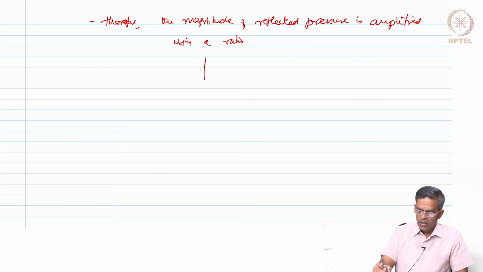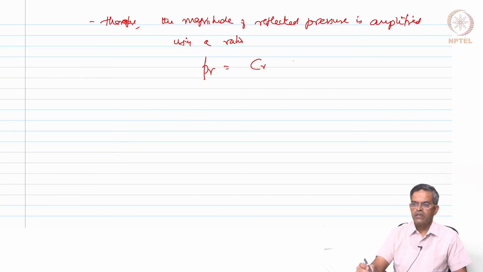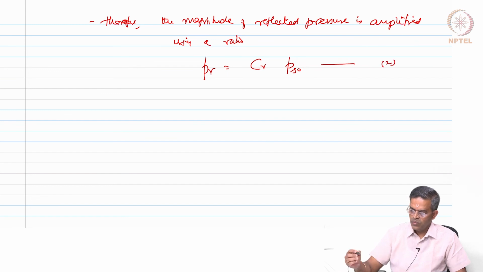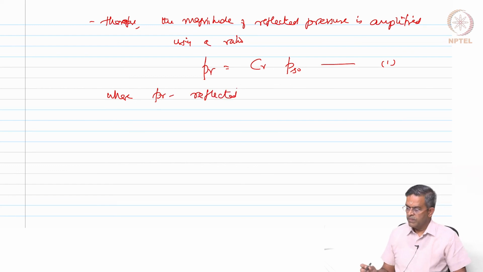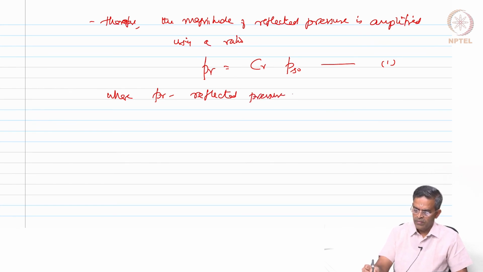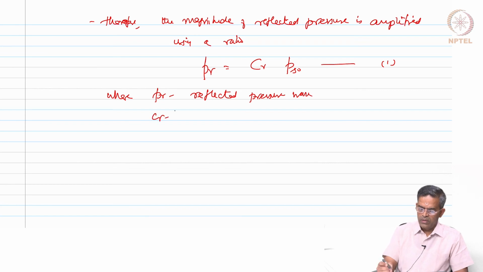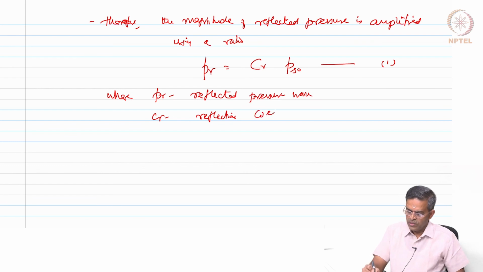So, we should say the reflected pressure is given by the reflection coefficient times PSO. Let us see equation 1, where PR is the reflected pressure, where CR is the reflection coefficient,